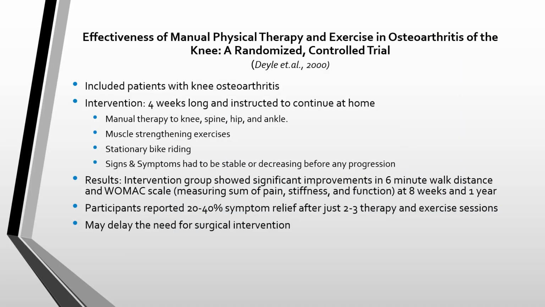For this third study, this was mostly for patients with knee osteoarthritis. They did an intervention. It was 4 weeks long, and then they were instructed to continue this at home afterwards. And they again compared this to a control group. So they did manual therapy to their knees as well as their spine, hip, and ankles. They did muscle strengthening exercises and aerobic exercises like stationary bike riding,